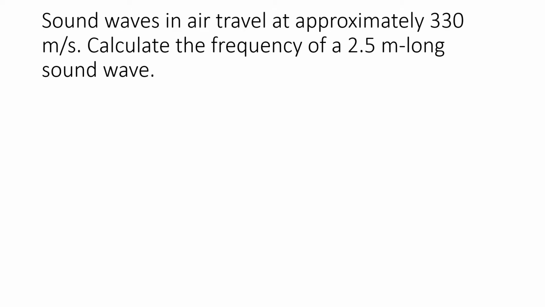So, I'm going to identify my knowns and unknowns in the second way that you can do it. If you have a problem like this printed out, what you could do is just write out: okay, well I know that 330 meters per second, I'm going to treat that as my c, calculate the frequency, that is that symbol, the nu, and then this describes the wavelength, the 2.5 meters long. So I've identified my knowns and unknowns, and I'm going to write out my formula based on what I have